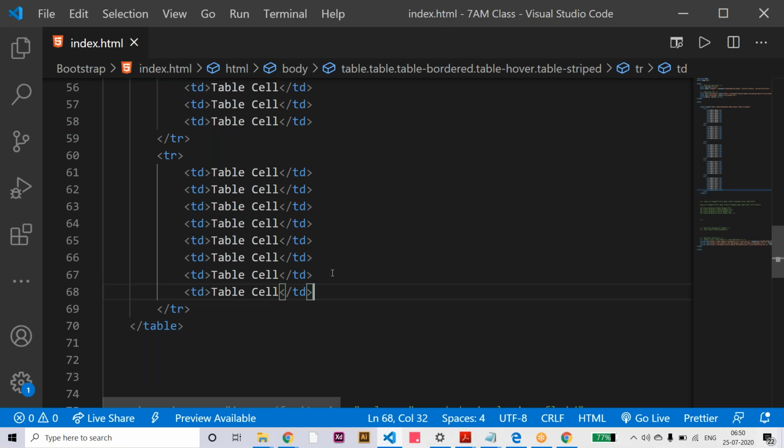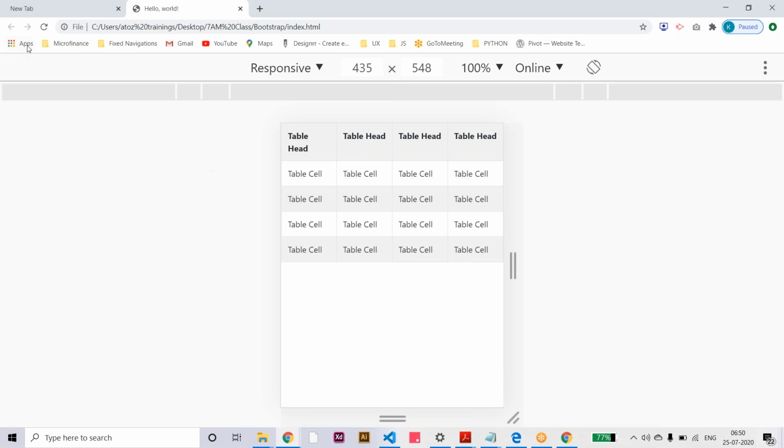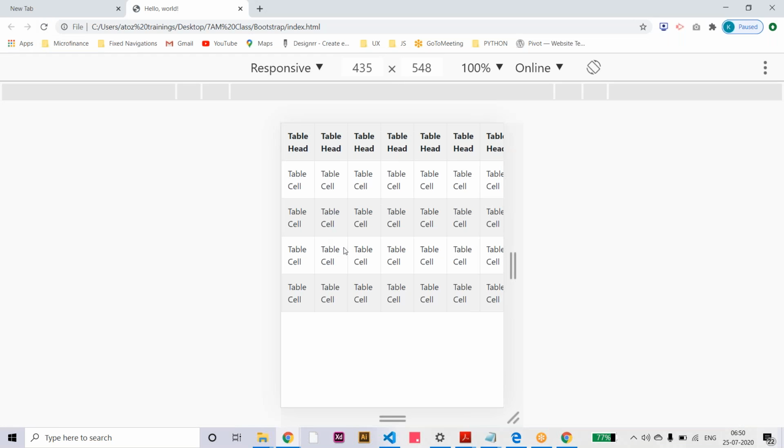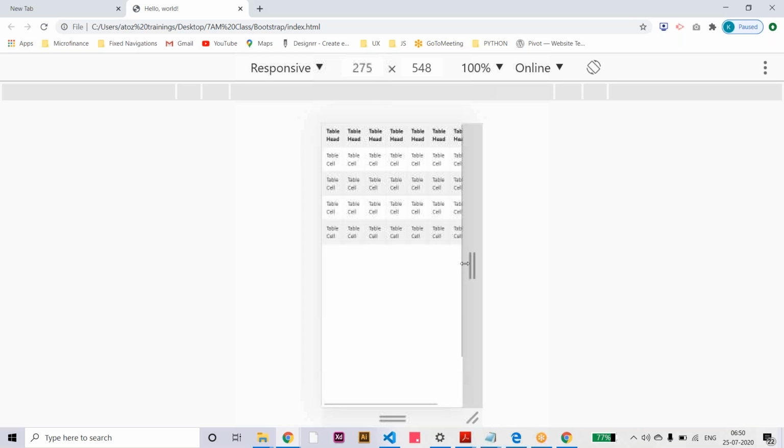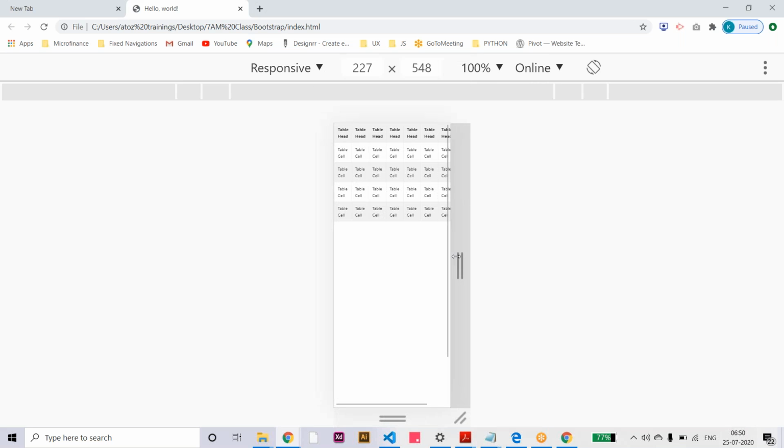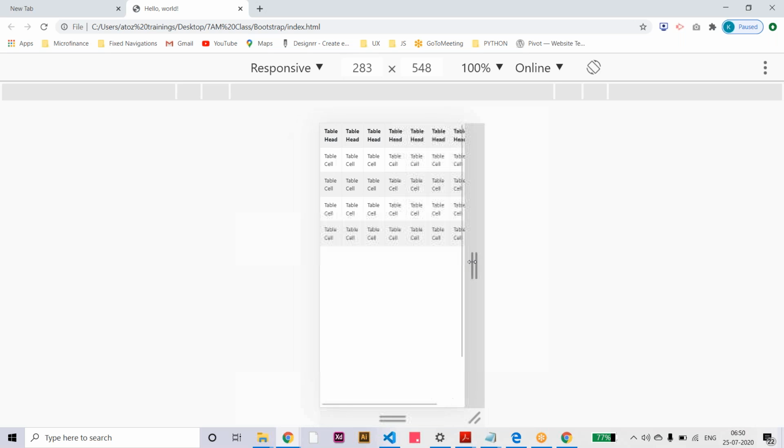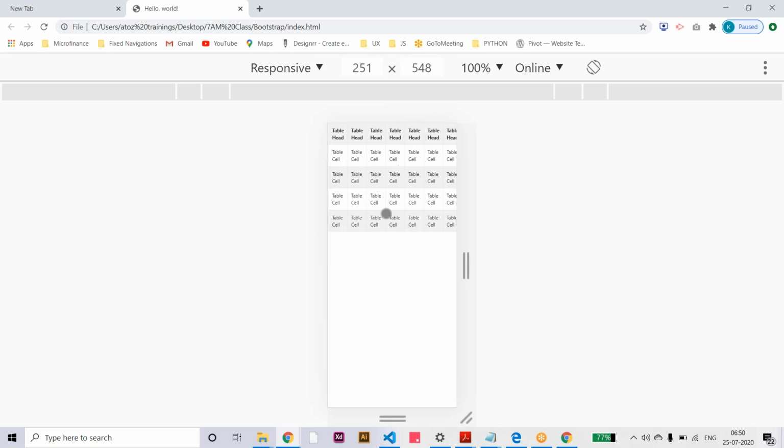Let me check this now. See, the table is not responsive; the content is going outside of the table. If you have still more columns, again it will go out of the table.